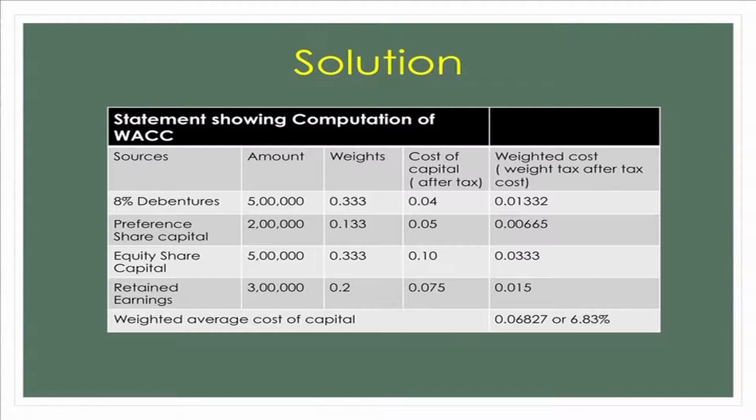This way weights are being calculated. Cost of capital we have already calculated. For debentures it is 4%, so we have written here 0.04. Preference share capital 5% rate was given, so we write here 0.05. Equity share capital's cost of equity we have computed as 10%, so we have written here 0.10. Retained earnings 7.5, so we have written here